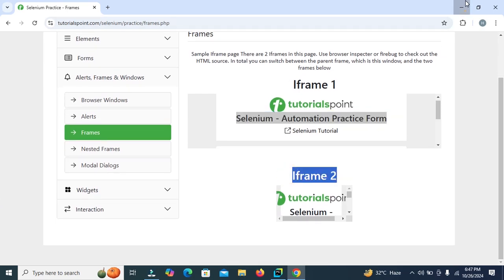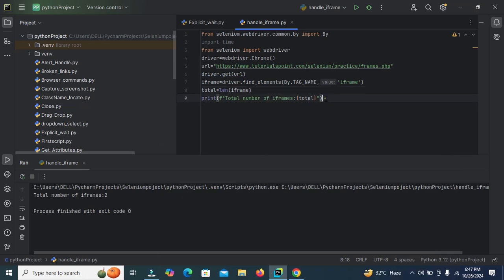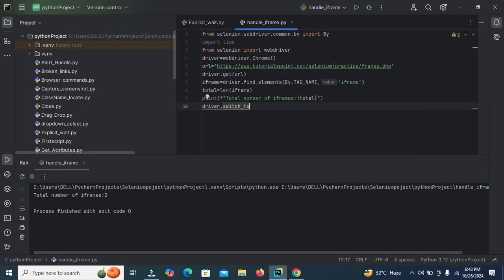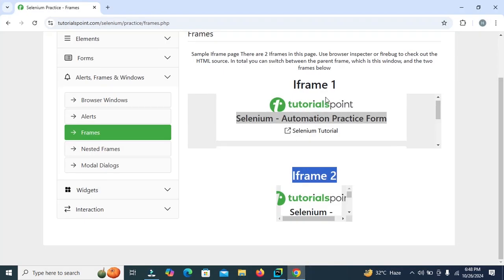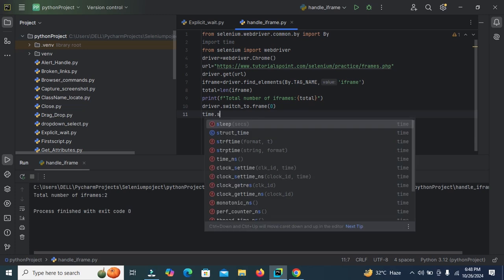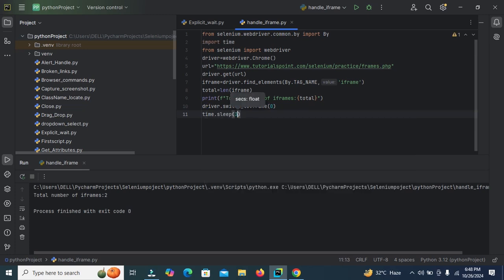Now I will show you how you can switch to this iframe. driver.switch_to.frame. We can switch to a frame by using the index. This is index 0 and this is index 1. So if you want to switch to the first iframe, then enter the index value 0. Let's add some wait here. After switching to the first iframe, a 3 second wait, and then